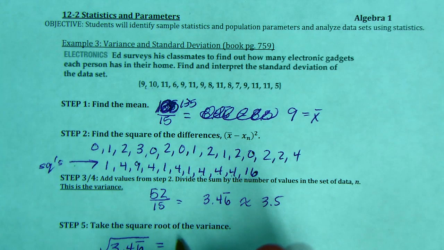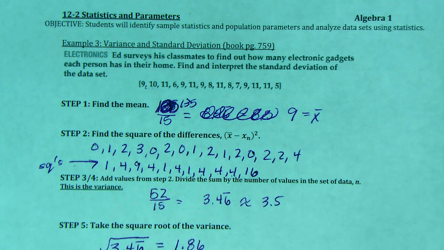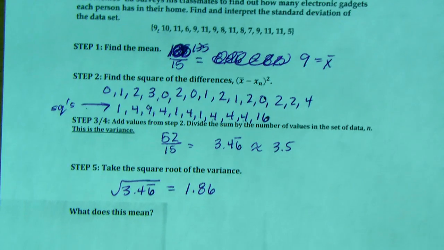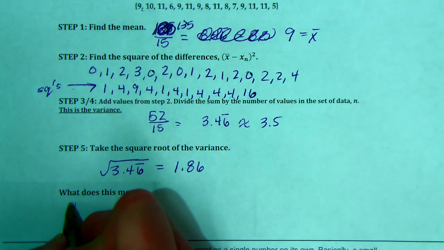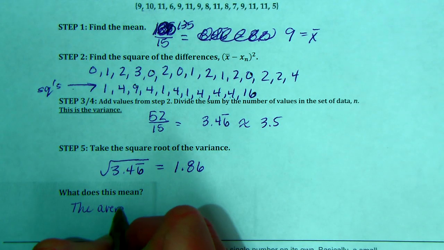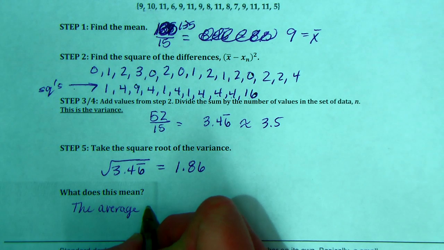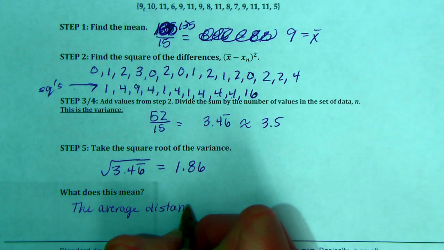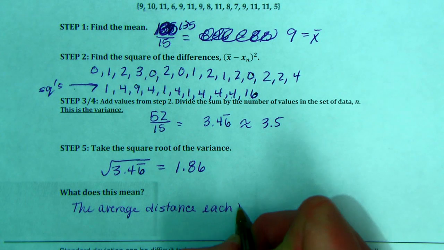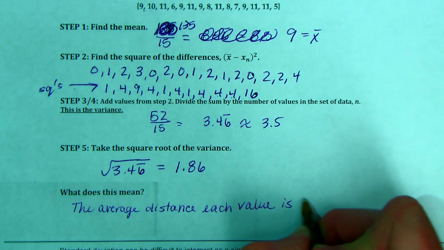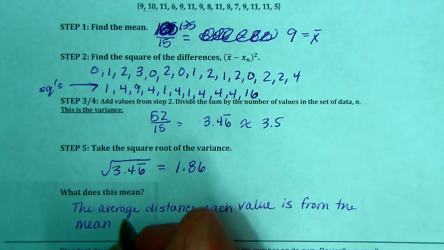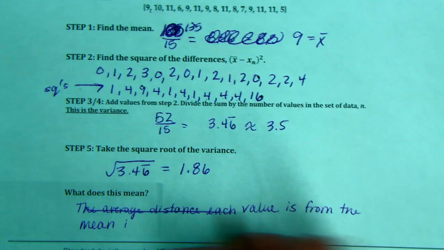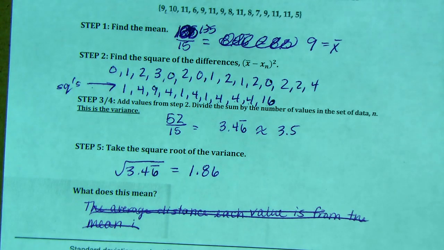So what does that mean? Again, that means that the average distance each value is from the mean. That is not what it means. That would be the mean absolute deviation. It just means if I compare this right here, 1.86, to my mean,